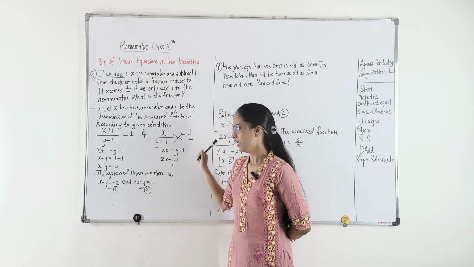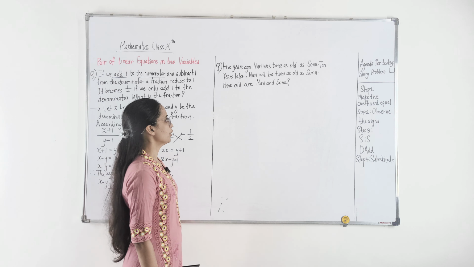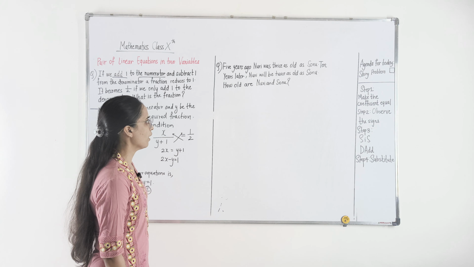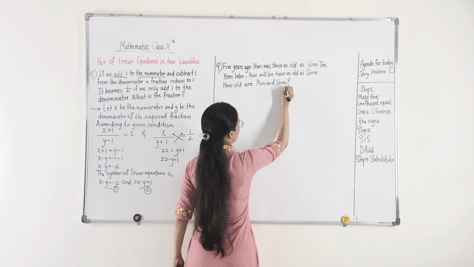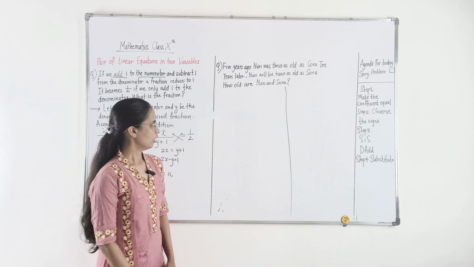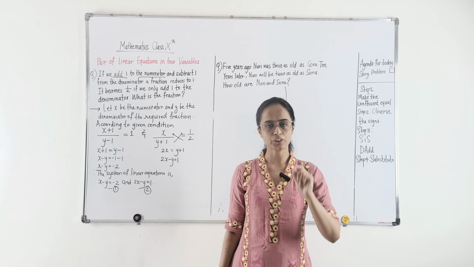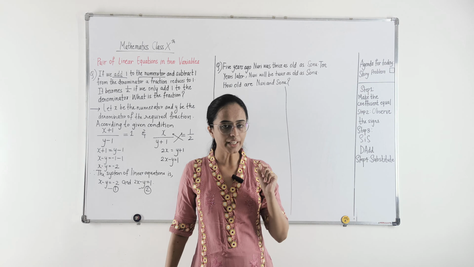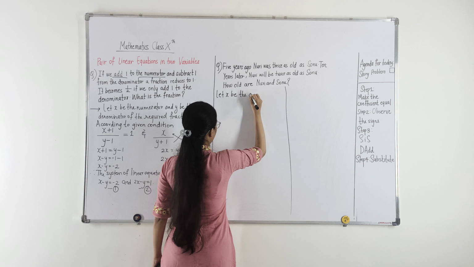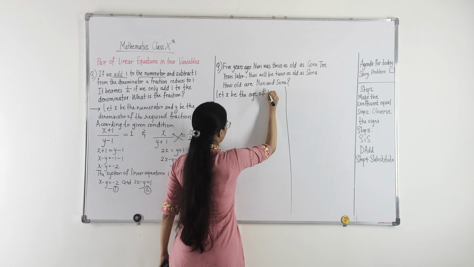Now let's move on to the next question. The next question says that 5 years ago, Nuri was thrice as old as Sonu. 10 years later, Nuri will be twice as old as Sonu. How old are Nuri and Sonu? So here there are two girls, Nuri and Sonu, and we are supposed to find the ages of Nuri and Sonu. Now since we are supposed to find the ages, that is why we would be taking x to be the age of Nuri